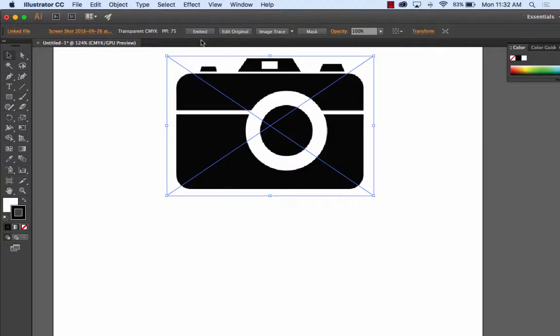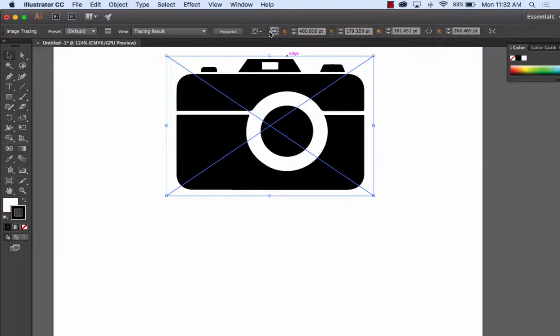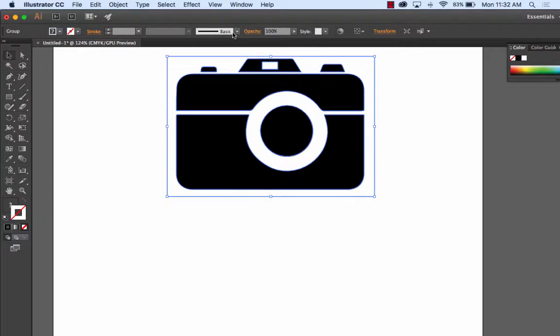So here we go. Again, I'm going to convert this screen capture I just took into a vector by clicking the button that says image trace right here at the top. It converts it, and you're saying, well, I didn't see much of a difference. Well, what it did was it converted it to objects. Okay, so now there are vector shapes in there, but I want to be able to remove the white part. To remove the white part, I hit expand right here. So again, image trace, then expand, and now it's taken and converted all the objects into separate objects, and now